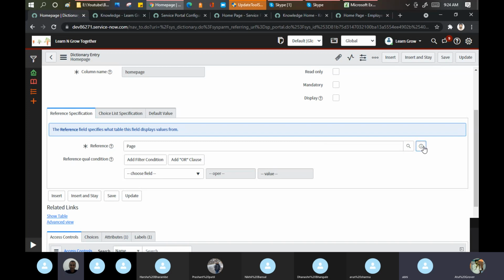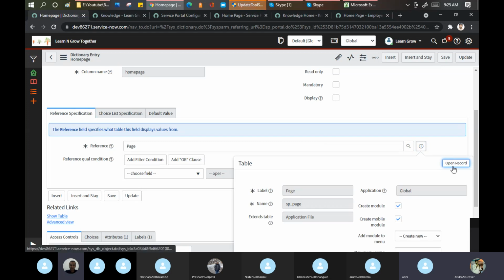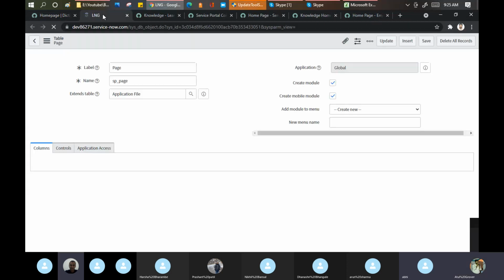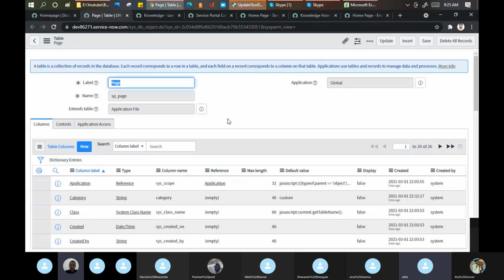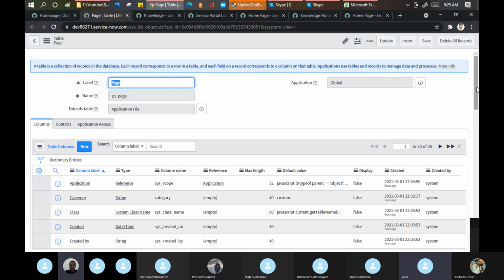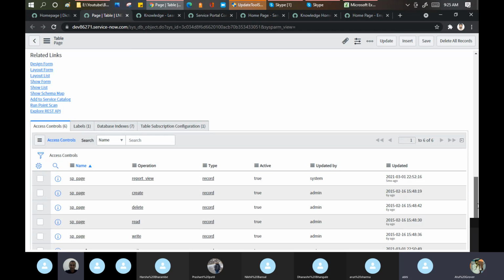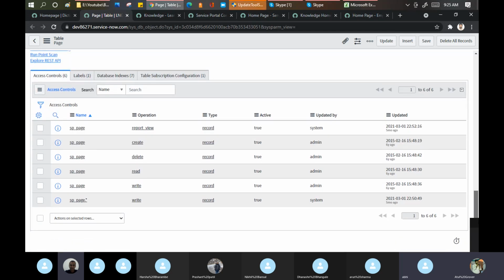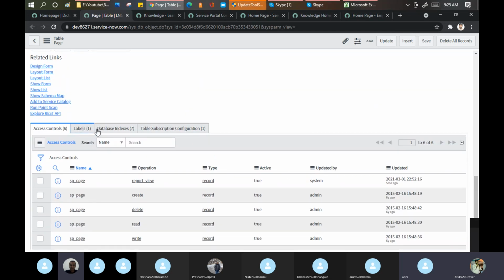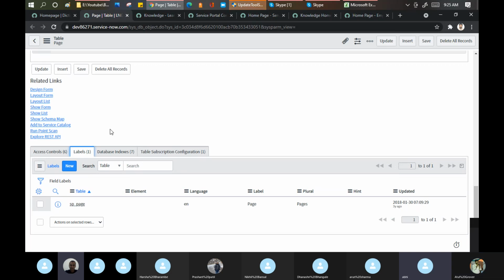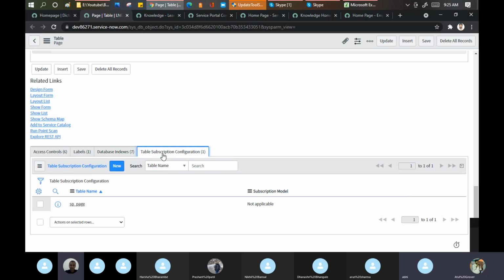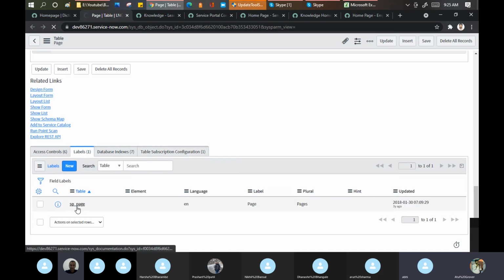If I go here, page, and open that report, see, this is the main table. Rows, access, database, indexes. These things. SP is one of the pages we have created. Index, sales, table, subscription. No, let me go here. SP pages.